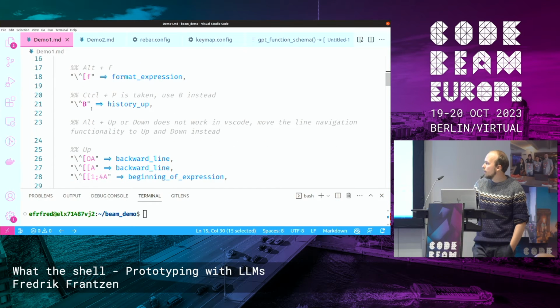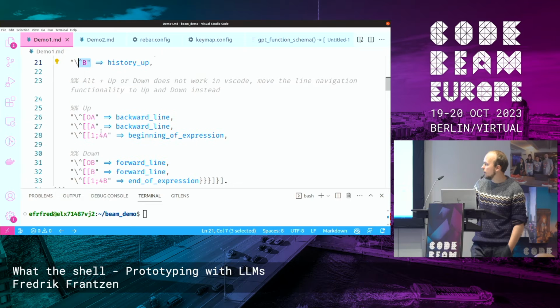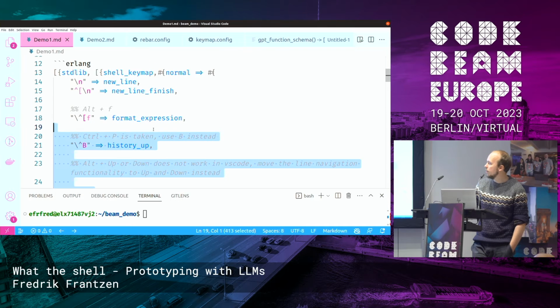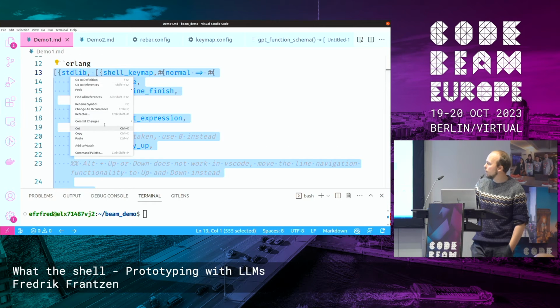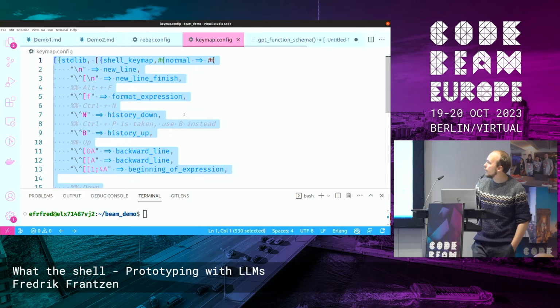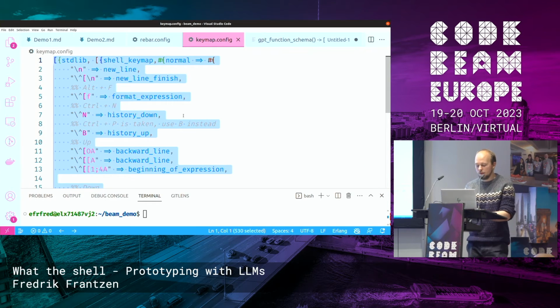But here are the important bits: Control P is already taken by VSCode, so I want to use B instead, and then I also want to do the navigation. So I will just copy and paste. Navigation in my multiline statement won't work because Visual Studio Code has overridden it.